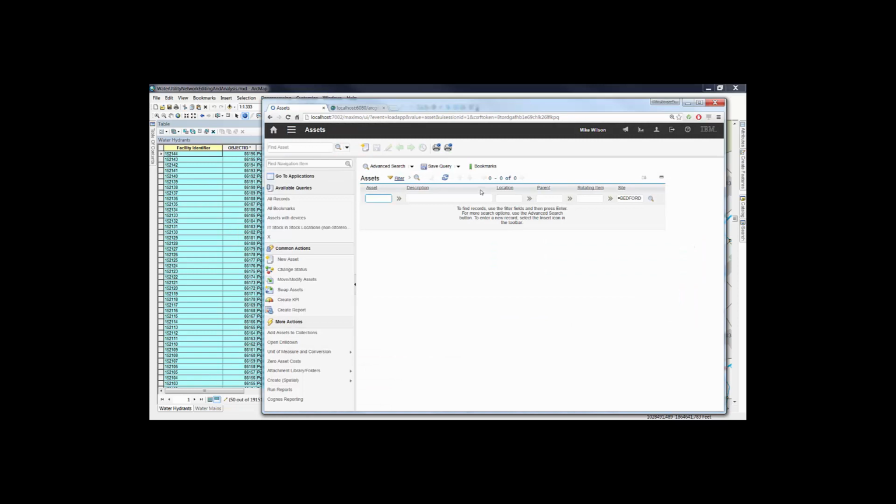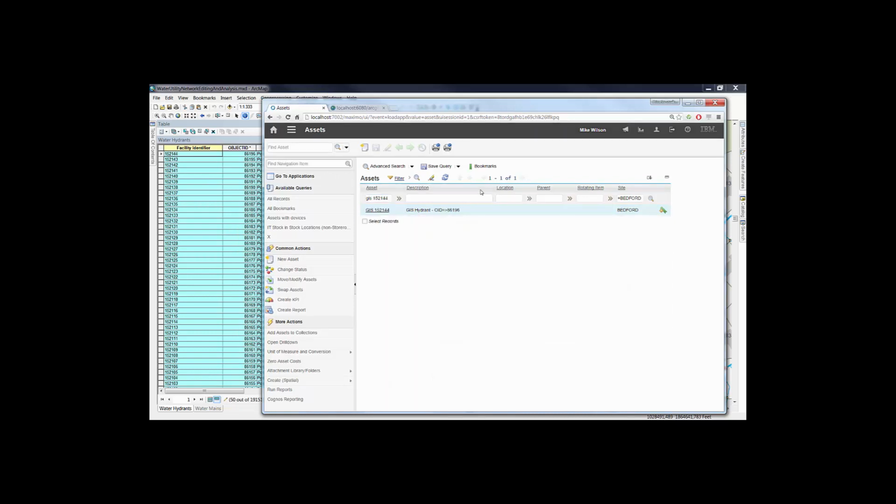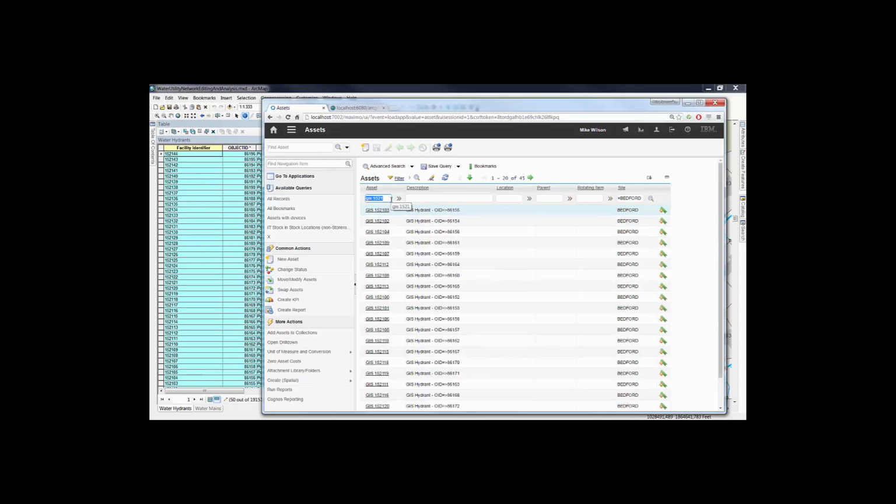So if we search for one of these records here in the list tab, you will see that I have all of them created here, and we can search for a specific one. This is the JS hydrant that we just created using ArcMap, and this one is here inside Maximo now, with all